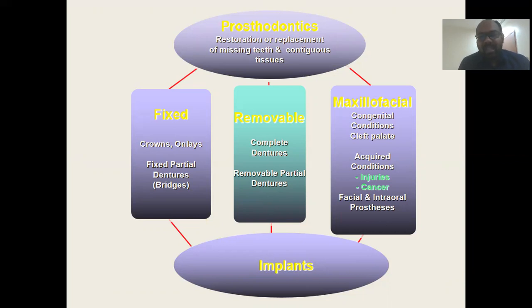The next branch of prosthodontics is removable prosthodontics. This largely categorizes partial dentures. Again, this is a common terminology that we would have heard. One is a complete removable denture. Another one is a removable partial denture. A complete denture is used when the patient does not have the entire set of teeth. So we fabricate a prosthesis, which is of removable nature, which can be used by the patient. We call it a complete removable prosthesis.